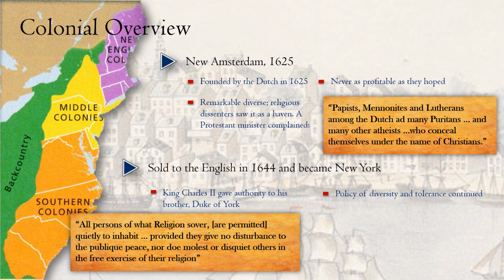So you can see religion is a major concern of the folks that are settling these colonies, and what they're having to come to terms with is the fact that lots of folks are coming over for lots of different reasons, and religious tolerance is not only going to be necessary, but also it's going to become quite enjoyable. You know, the idea that, hey, I don't have to have my head cut off for believing this or that, or not believing this or that. Well, New York is established among the 13 English colonies as a commercial center, a diverse center, and a tolerant center. And you look at New York, and that's kind of what it is today, right?